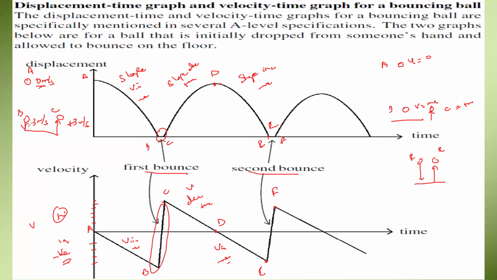So when it was going down, it hit with a -3. It will stop when it hits the ground and then it bounces back. So it will have a maximum velocity of +3. That is what happened here. So this is -3 meters per second. This is +3 meters per second. But this happened for a very short time interval, which can be neglected. Is it clear? The first bounce? I mean from C to D and then from D to E. Okay. So I'll share